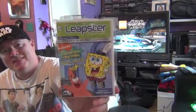I was in two minds whether or not to get these. I got one of these for the Sonic games, I think it's Sonic X. But I saw these in a charity shop. They're only £1 each, so I thought I'd get them. They are cartridge-based games, even though it's for a kiddie system. That is the Toy Story 3 Leapster, all complete with a manual and cartridge, and also SpongeBob SquarePants. Obviously I'll never get to play those, but they are cartridge games, and I don't know,